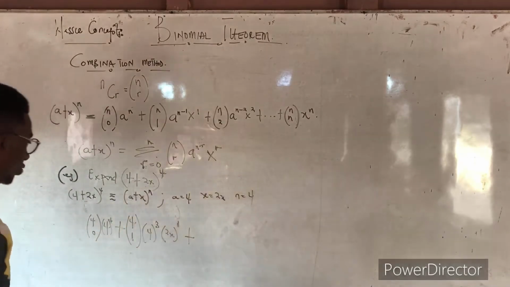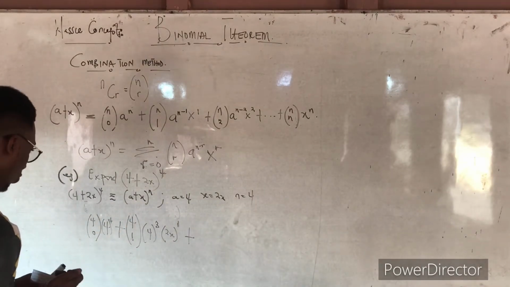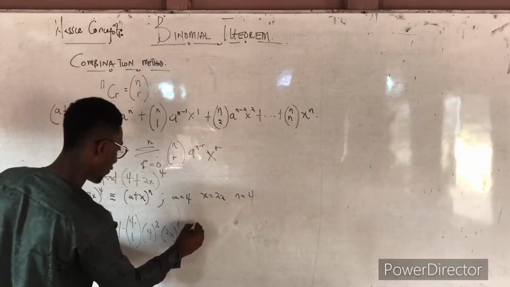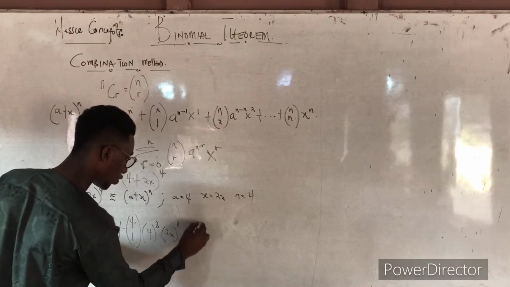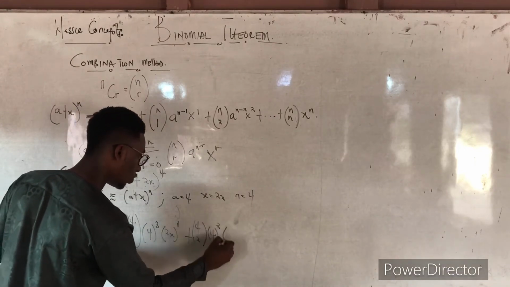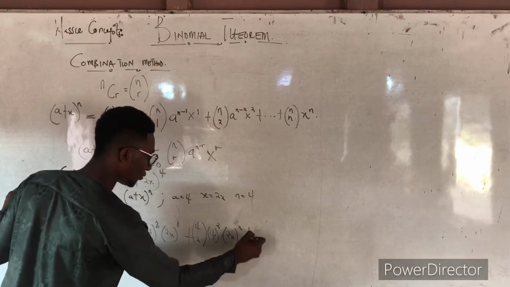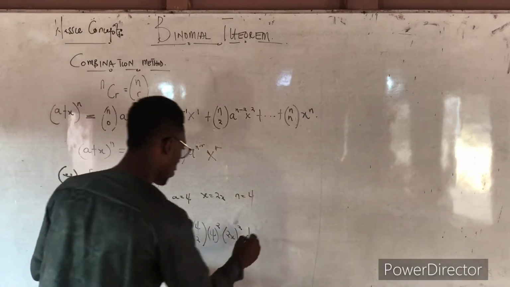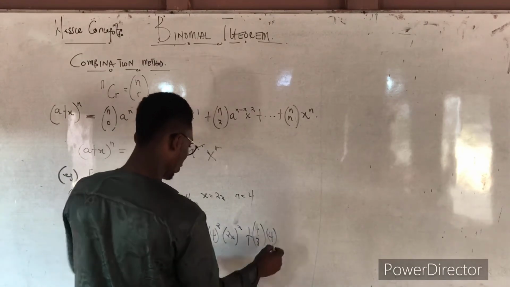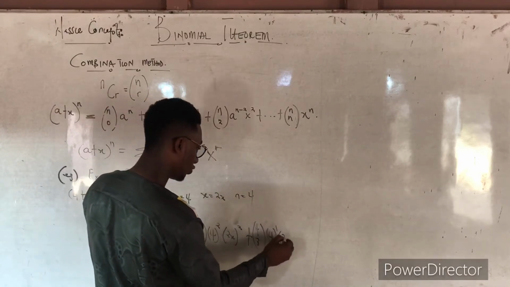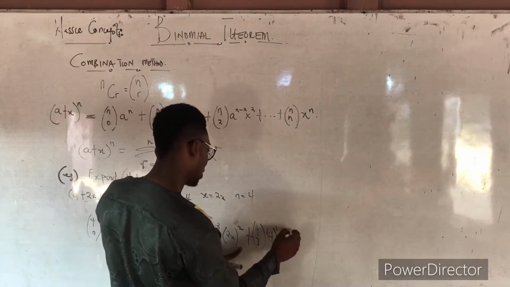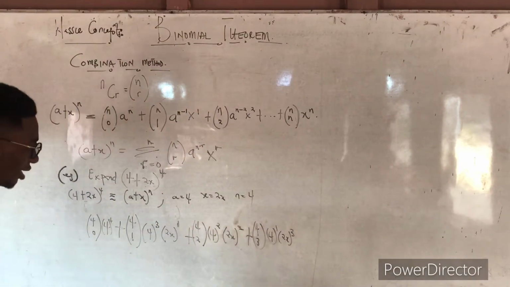Plus, when you continue this way, you're getting 4 combination 2, 4 exponent 2, so it's reducing, and you get 2x squared, plus 4 combination 3, 4 is reducing, so it's 4 exponent 1 now, 2x exponent 3. Okay. And the last one,